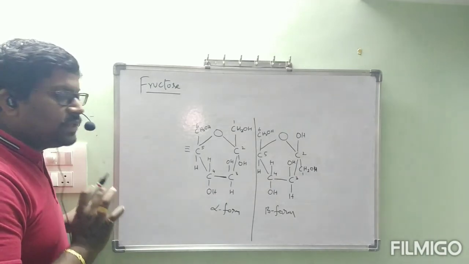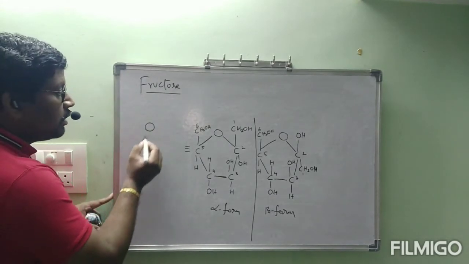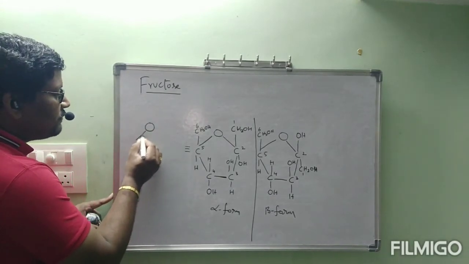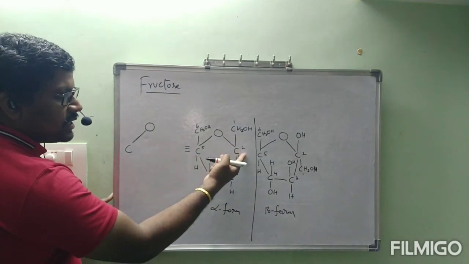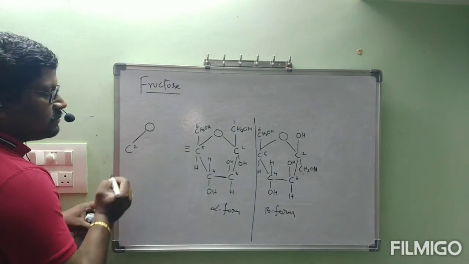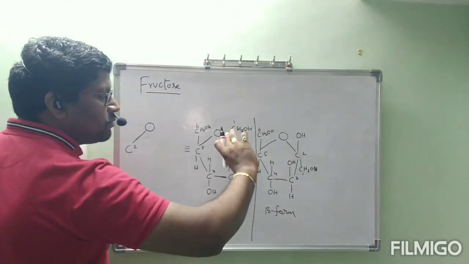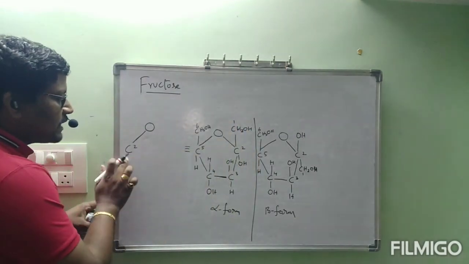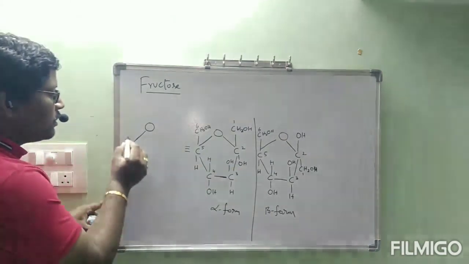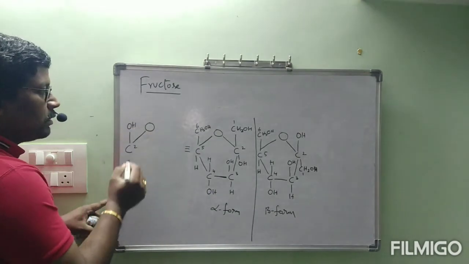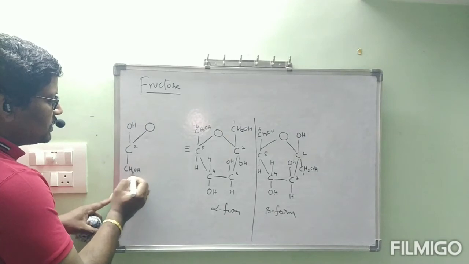Okay, why it is same I will explain. First thing is, try to draw by writing oxygen with the second carbon on the left side. Here this is written with second carbon on the right side. Now I wrote second carbon on the left side. Then what will happen? What are the groups present above and below? Both will be inverted. When we write second carbon here, both will be inverted. OH is below, now we will write OH above. CH2OH is above, now we will write CH2OH below. This is first carbon.